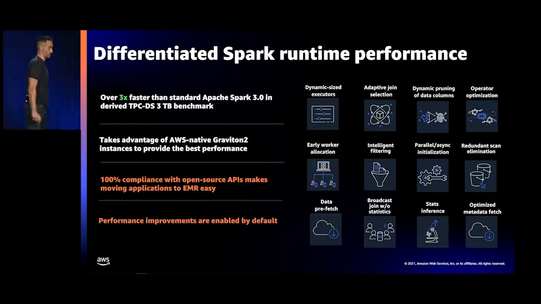So with all these improvements, we provide a runtime that is 3x faster than the open source Spark free version, if you compare based on the TPCDS benchmark. And again, very important, you have the exact same code, and you have no configuration to benefit from these improvements. Additionally, if you want to improve more, you can also use different instance types, including the AWS Graviton 2 instances. I will go into the details later, but they provide around 11% better performance compared to the previous generation.